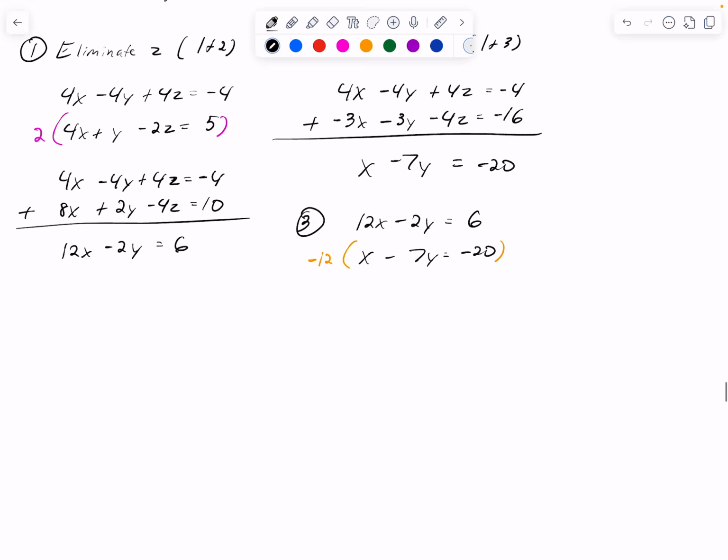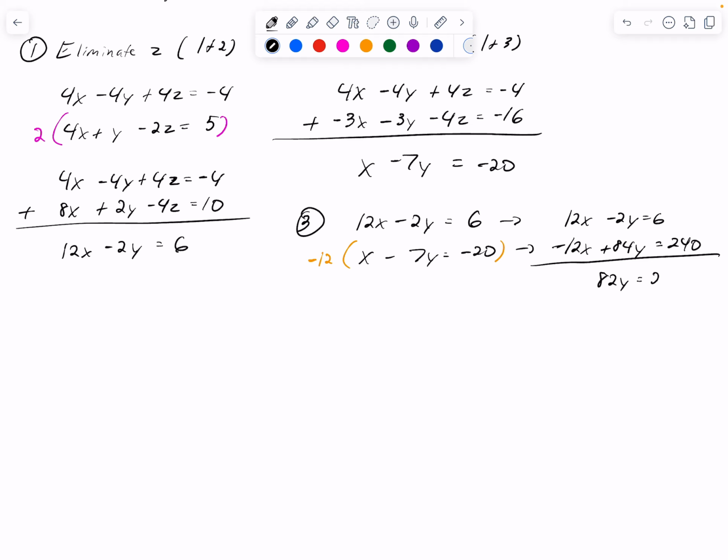So that's going to be, I'll do it over here. Copy 12x minus 2y equals 6. Negative 12x. Okay, 12 times 7, that's going to be positive with y. So 10 times 7 is 70. 2 times 7 is 14. 70 plus 14 is 84y. And then let's see, 20 times 12, well, 12 times 2 is 24. Add a 0. It's 240. So add, and you get 82y